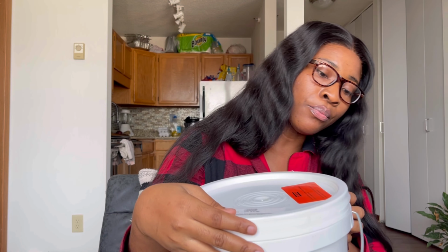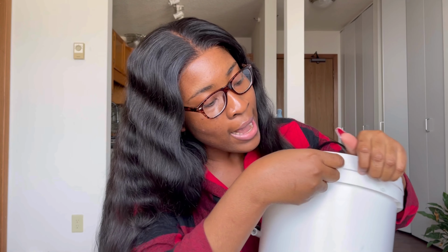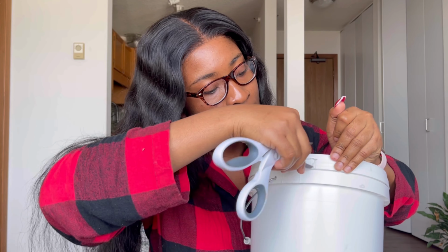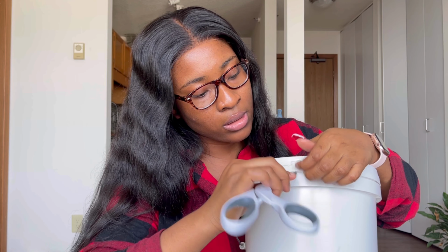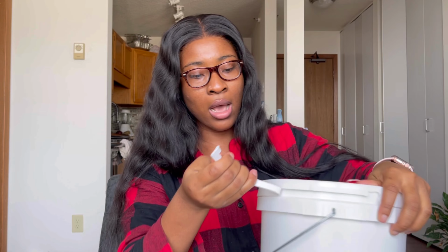Now, to open the TKB buckets, because a lot of people struggle with this, you want to look around till you find the spot. It's usually beside the iron hand itself. Then you're going to use a scissor to cut this side like this and just peel this out. You just cut it as if you're drawing an upside down L and bring this out. So once you bring this out, you just